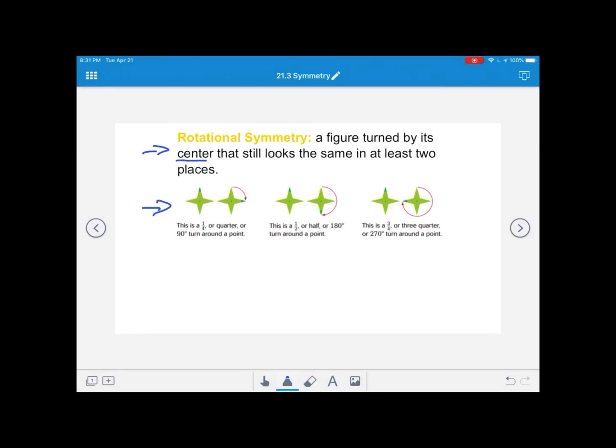And in order for it to have rotational symmetry, it needs to be able to look the same in at least two places. So, for example, we have this little picture of an almost cross or star. For the purpose of your notes, it might be helpful to just make it as a cross. Now, I'm going to color the top part of it red so that you can see where my starting point is. So if I were to rotate this on its center, so I drew a dot in its center, if I were to rotate this around,